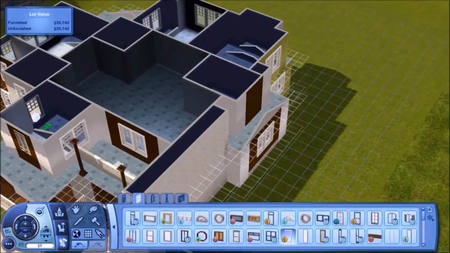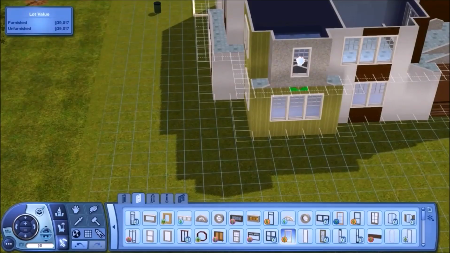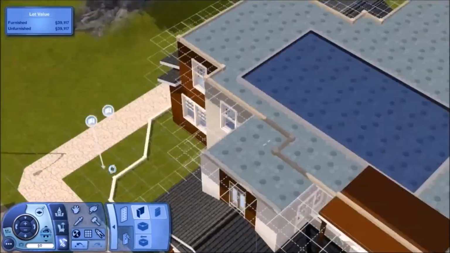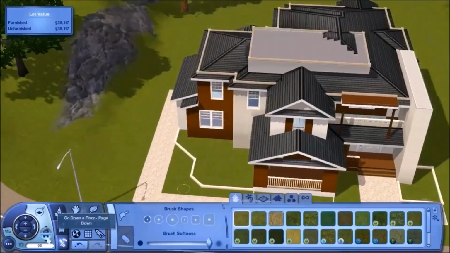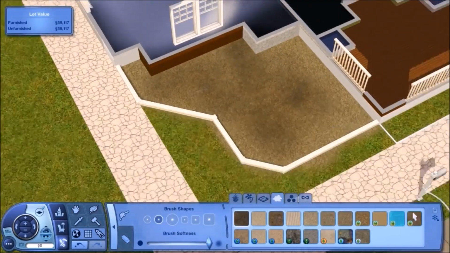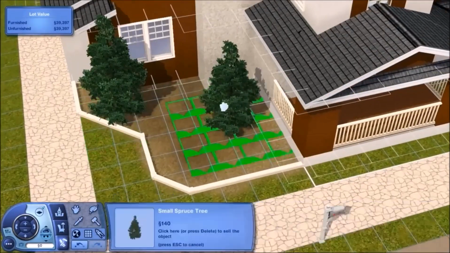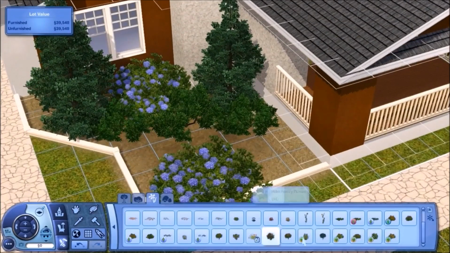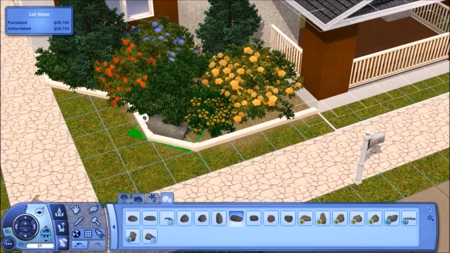I had to go and change all the windows because I believe I used the Showtime windows, and when I checked the expansion packs that the person who requested this house actually had, I don't think they had Showtime, or it may have been different windows that I used and they didn't have that expansion pack. So I had to change the windows, so it's kind of frustrating because a lot of people don't have all of the expansion packs or obviously all of the store content,